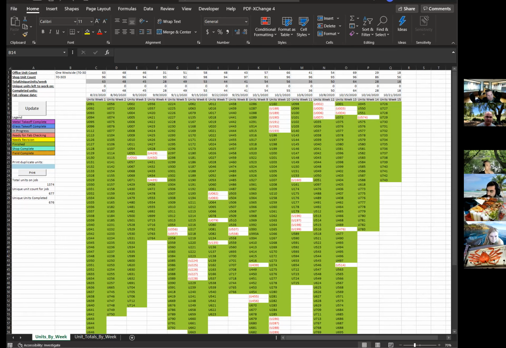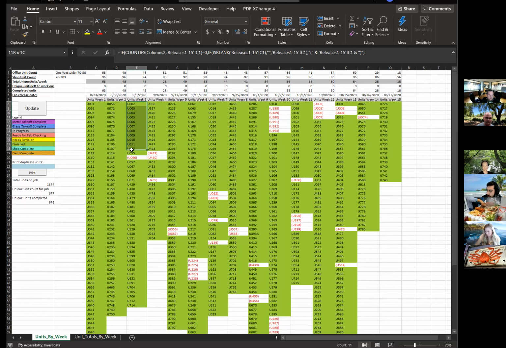For the duplicate units, they are shown in the red text. What this means is it happened on a previous release. So unit 56 happened on week 2. There's no need to build it. Same thing for these future weeks. So you really only have to build the ones in the